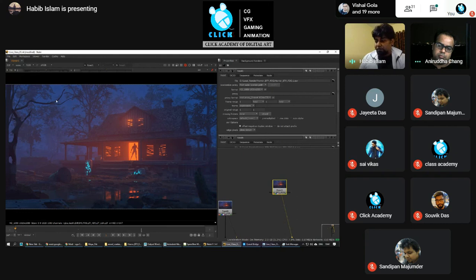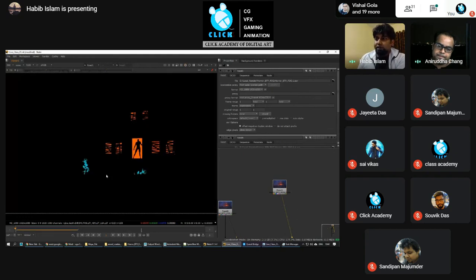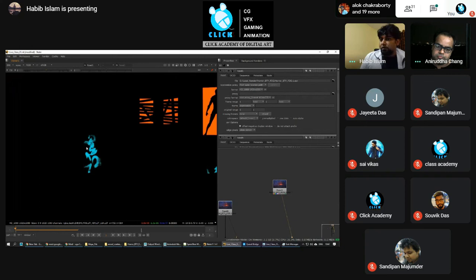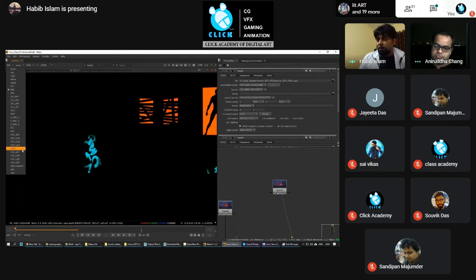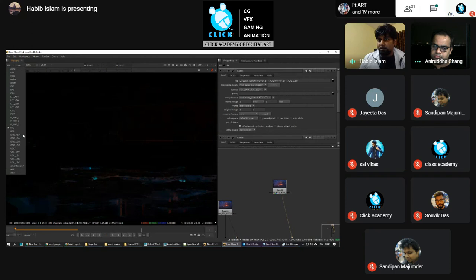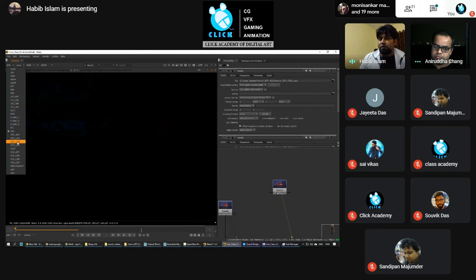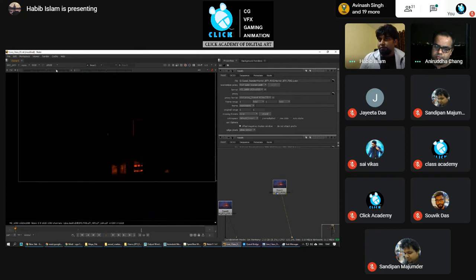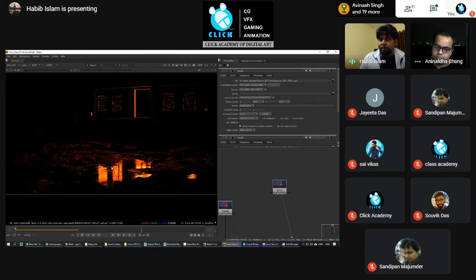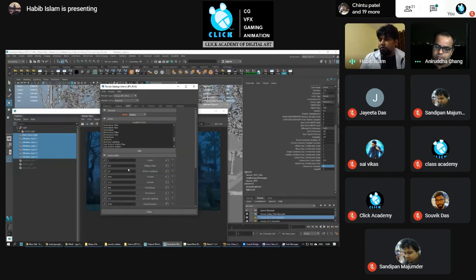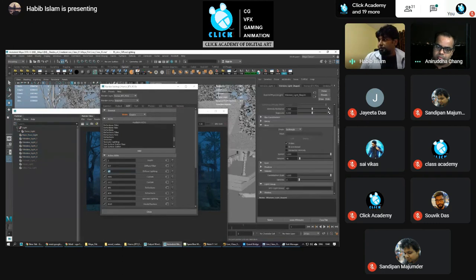Okay, so these are the passes. This is diffuse. Okay, this is the emission for that object, and this is the reflection. Do we have any reflection? We don't have any reflection on this. Okay, so these are the specular. If you see, this is the specular I'm getting, and in Redshift you will get one option. If you're rendering any light pass, this is the light pass. Diffuse lighting. In Redshift, this option is very good.